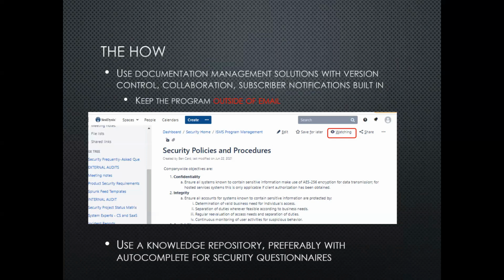So autocomplete is very useful, especially if you're adjusting your program and something is changing in the way that a policy is implemented. Then again, you don't have to make sure that you're going out and making contact with all of the parties that have some sort of interest in the change, each one by one. It enables you to create a much more fluid update to the questionnaire responses and send those out as well.